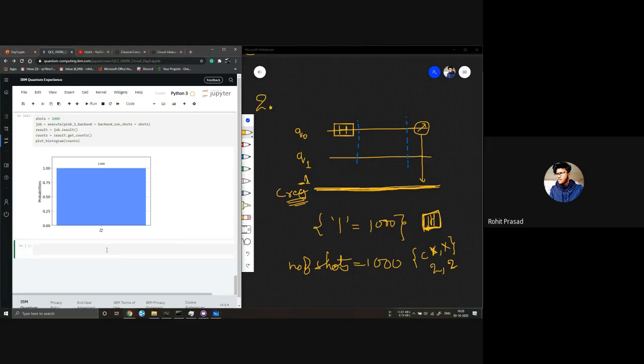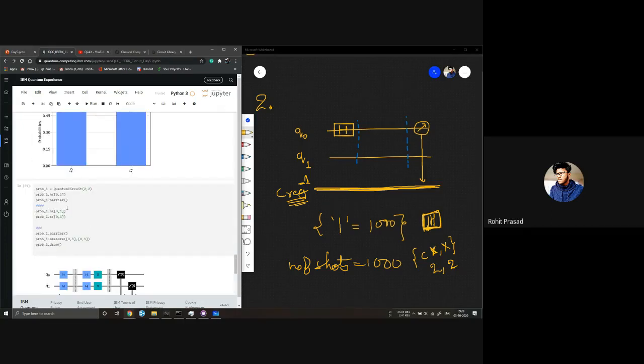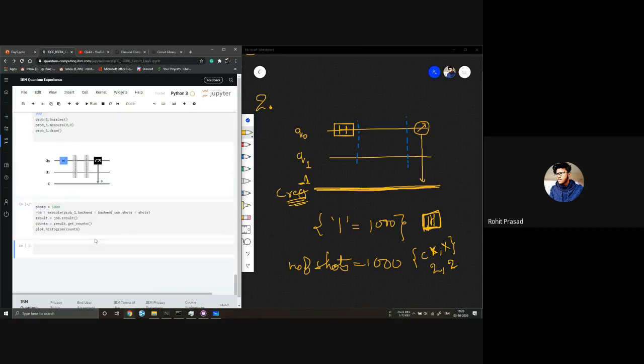I will make a circuit for this. Let's edit the previous one. I need only one register. On the first one, I have a barrier; just eliminate this one.